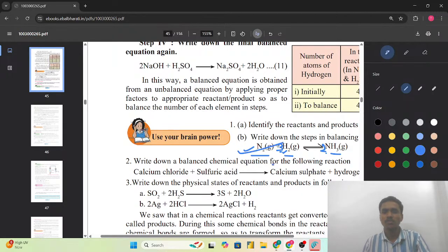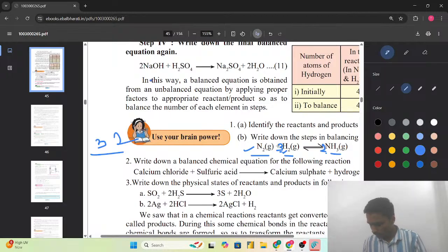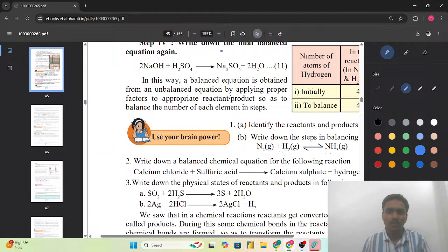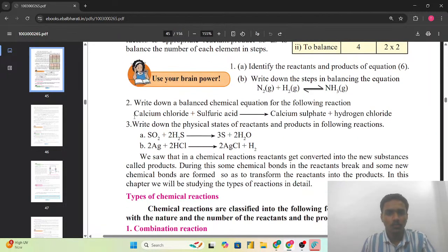दैट मीन्स दिस रिएक्शन इज कम्प्लीटली बैलेंस्ड। सो क्या फैक्टर निकले जो स्टोइकोमेट्रिक फैक्टर जो निकले? सो थ्री और यहाँ पर टू, मतलब 3H2 लिखा और 2NH3. इन दिस सिंपल वे वी आर एबल टू बैलेंस दिस केमिकल रिएक्शन। ऐसे ही हमें सोचना पड़ेगा कि बैलेंस कैसे कर सकते हैं हम।